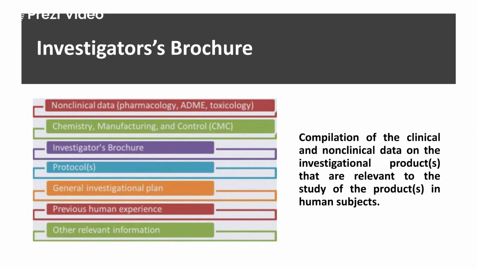So the FDA, the regulatory agencies, want all the information regarding the safety, regarding the toxicity, regarding the dose, regarding the side effects, adverse events. So they require several documents when we go ahead with any agency for the investigational new drug application. One of the documents which is required is the investigator's brochure. So the investigator's brochure basically comprises the clinical and the non-clinical data which was actually conducted on the investigational product.